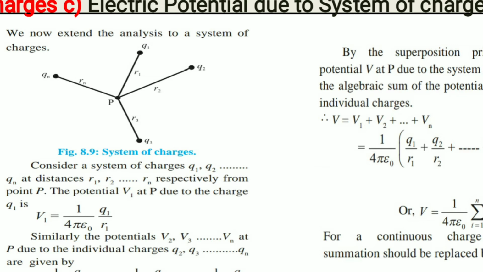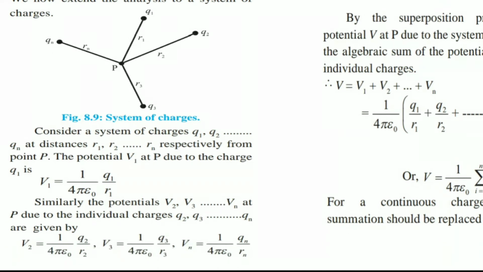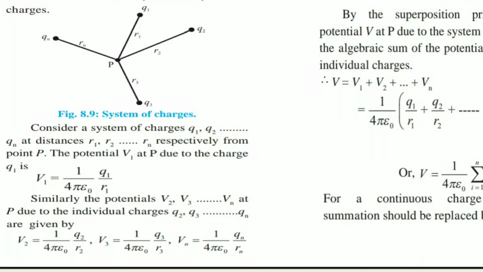Now the potential V1 at point P due to the charge Q1 is, you have studied this equation in point A, that is electric potential due to a point charge, where we have calculated the value of potential, which is equal to V1 equals 1 upon 4 pi epsilon naught Q1 divided by R1. Similarly, we can find out the potential